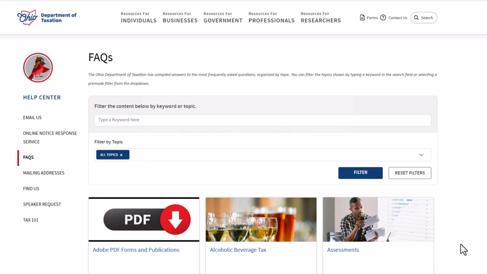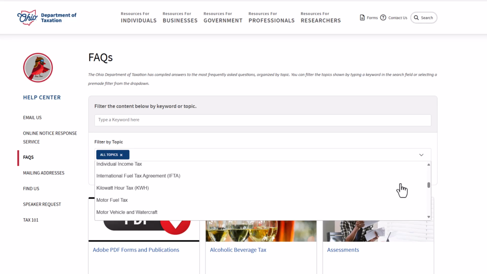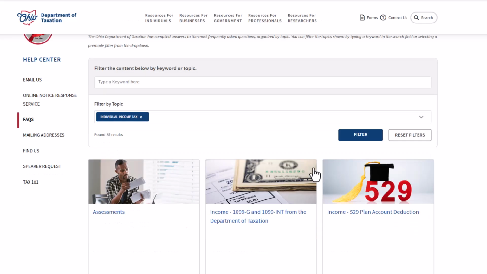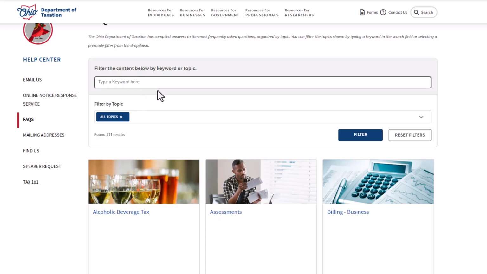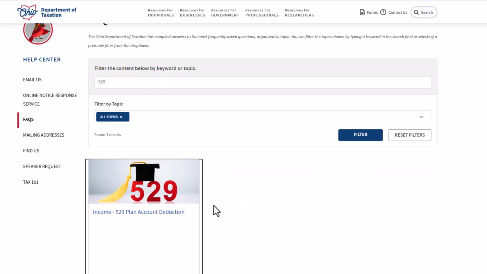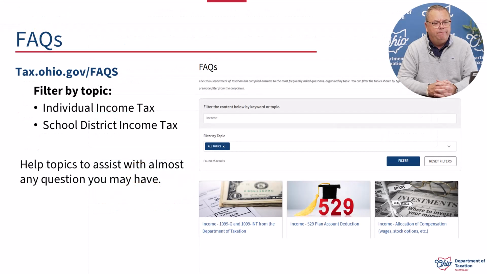There you can filter by your topic, whether it's individual income tax, school district income tax. You might be inquiring about a 529 plan, scholarship granting organization, non-charter, non-public school credit that is available. You can type that into the search, and it'll come up with your frequently asked questions about that.